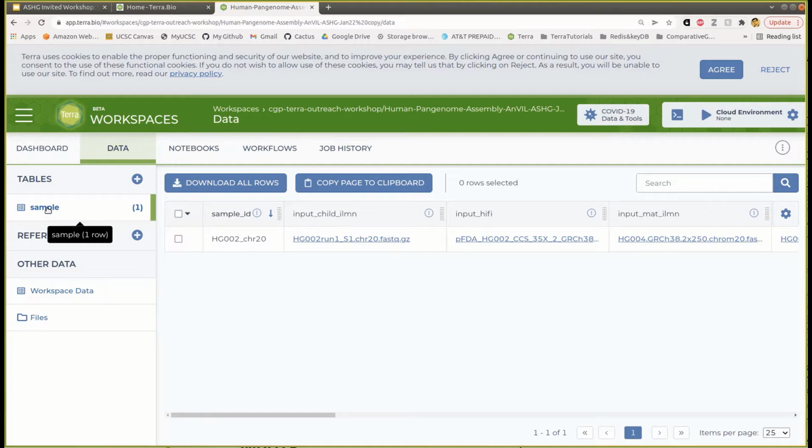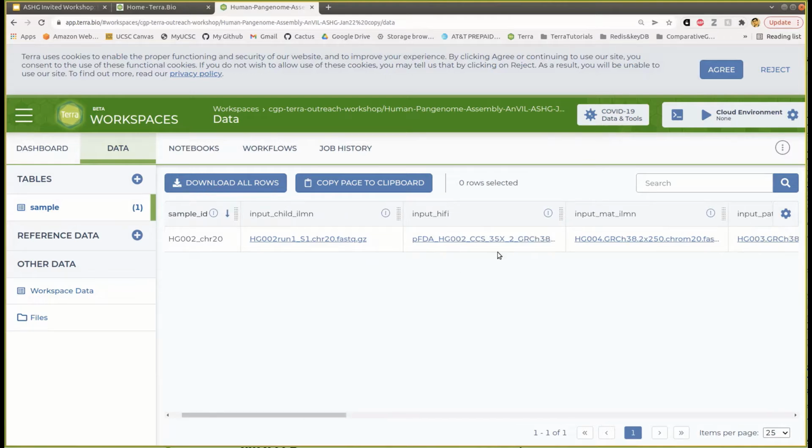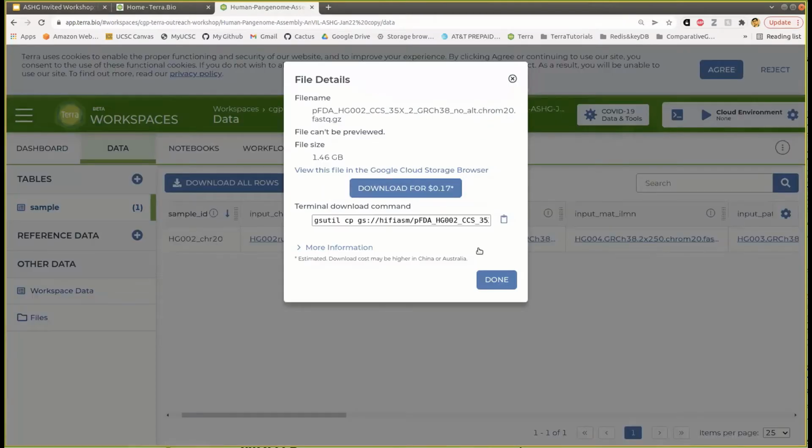This table has only one row with multiple columns. Let me iterate over the columns and explain what each column refers to. The first column that we need for assembly workflow is input_hifi, and you can even download it here by clicking on this link, and you can